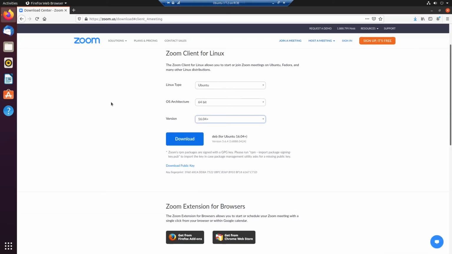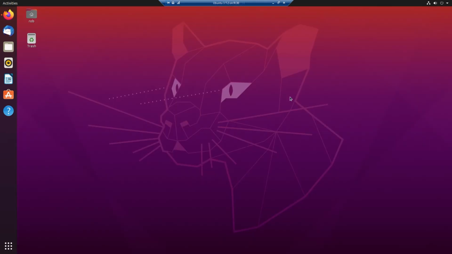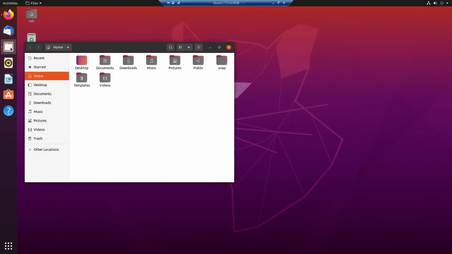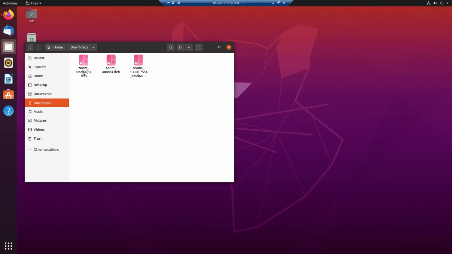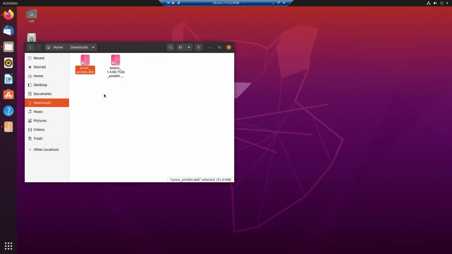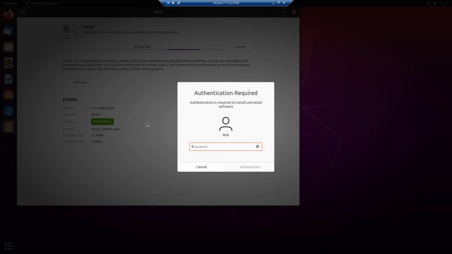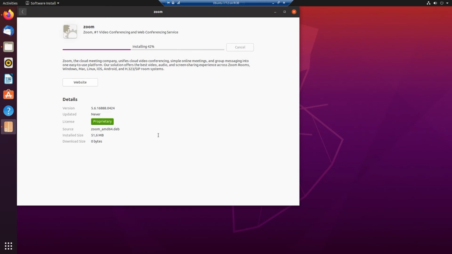This is the second virtual machine. Same thing. I think I already downloaded it, but okay. Download. Now we go to the Downloads folder over here. Yep, I already downloaded it. Right mouse button. Open with other application. Now it has unpacked. Now it wants the install password and it's preparing.